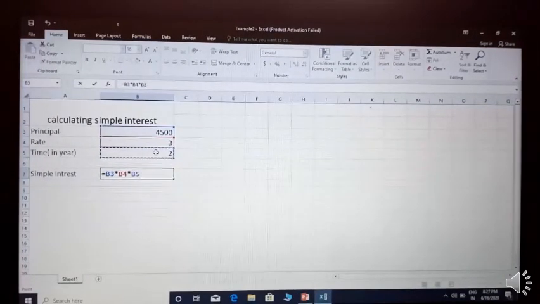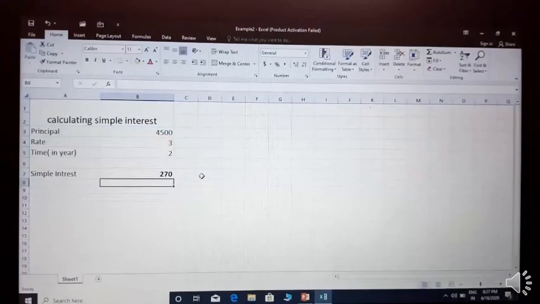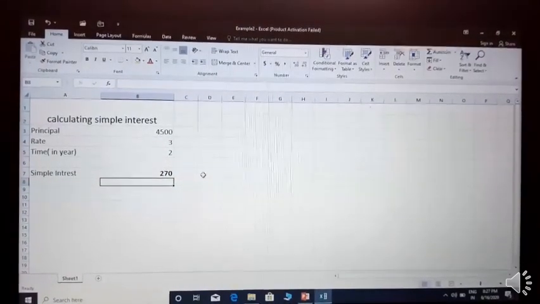Now which operator do I have to use? Divide. So this is the compound formula. In this formula I am using more than one operator. So where is the divide sign? This is the divide sign. So this formula of simple interest I have written in the formula bar. What is the formula? B3 into B4 into B5 divided by 100. According to the formula, P into R into T. What is the value of P? The value of P is here in the B3 cell, the value of R in B4 and the value of T in B5. So this is divided. So this is the answer, simple interest. In this way you can use multiple operators in one example.